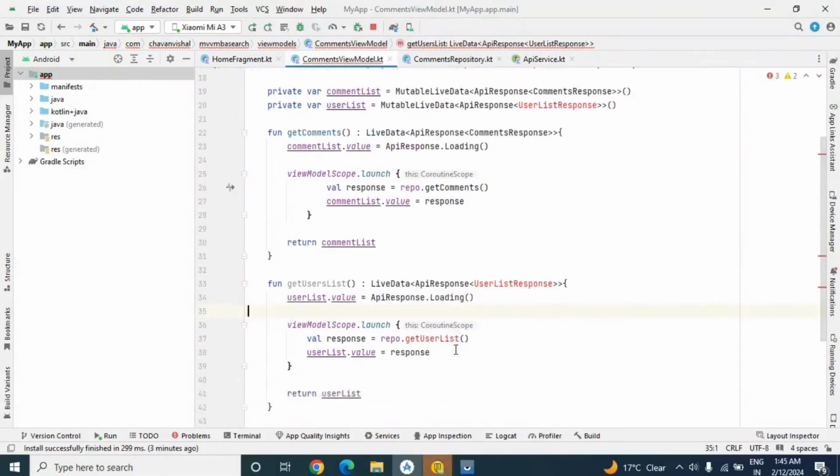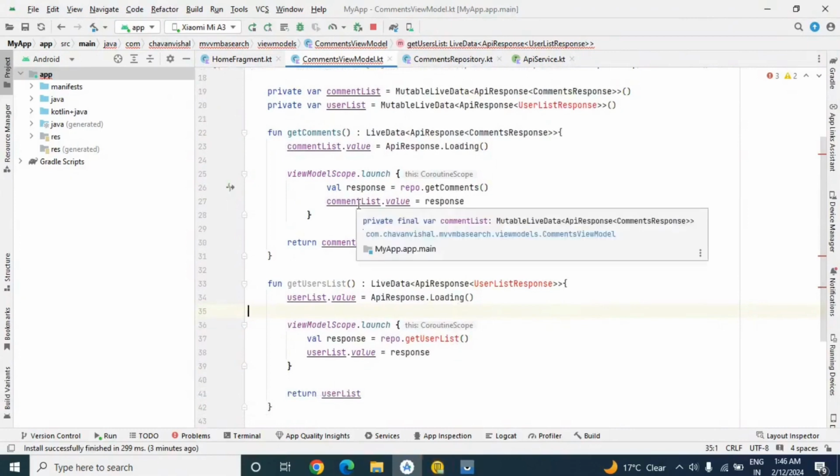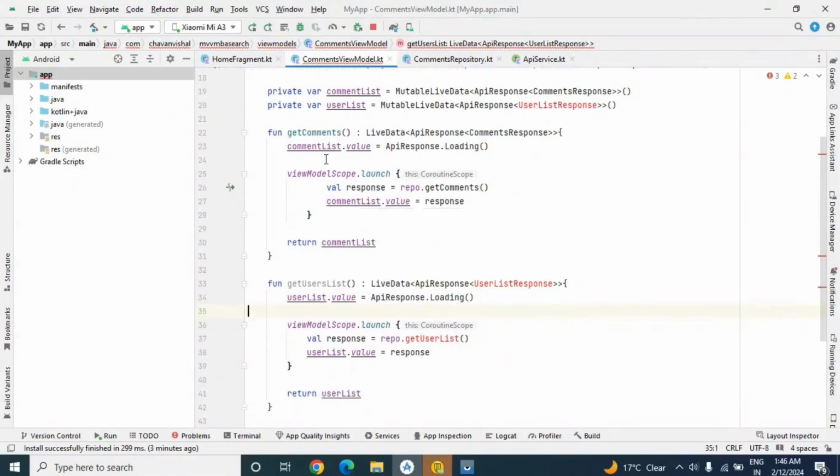Okay, so what is the drawback of this? The drawback is right now we have written this code for two methods. Suppose in your home fragment you want to call a total of 10 APIs. So you will have to declare 10 variables over here, then 10 methods you will call. In each method, you need to write this API response dot loading 10 times.